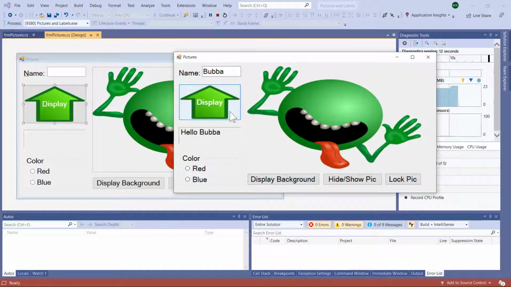It says hello Bubba. Now you notice when I mouse down, I change the picture in the background of the command button, of the button. When I do a mouse up, it goes back to the original picture. So all I'm doing is on the mouse down event and on the mouse up event, I'm changing the property,